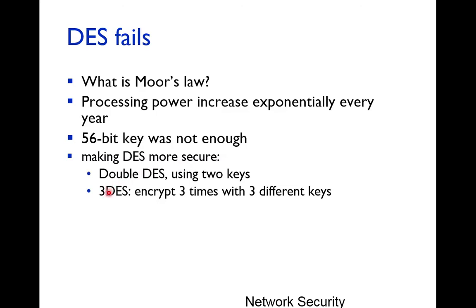Then they used 3 DES, which is triple DES, which uses 3 different keys. Okay, so this was thought to be more secure, because when the text is decrypted using triple